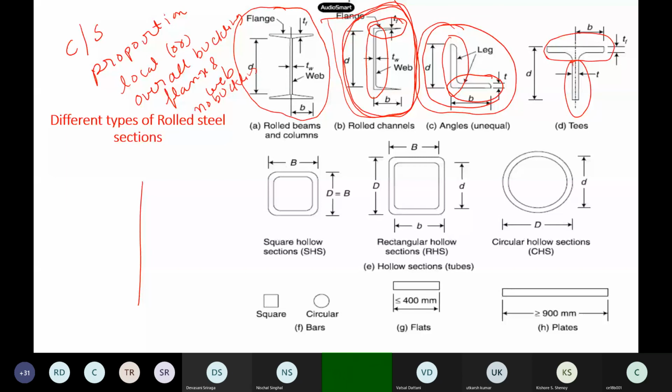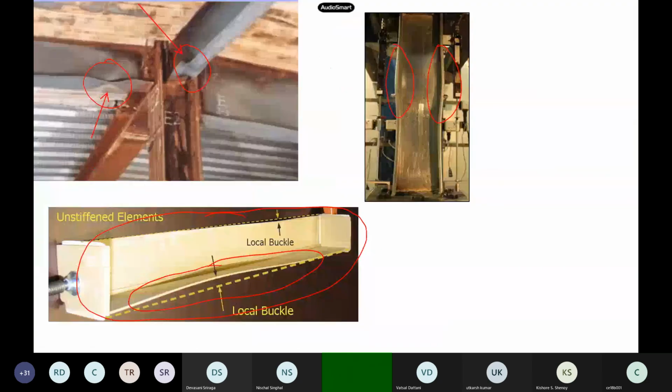So for this, before the limit strength state is achieved, this buckling strength should not be lower than our Fy, that is 250. Our yield strength is 250, but this individual web or flange may go at much lower than your yield strength itself. So they give the width to thickness ratio in our steel design. What should be the limiting width to thickness such that there is no chance of local buckling, and only global buckling will happen. So they classify these types of sections itself.